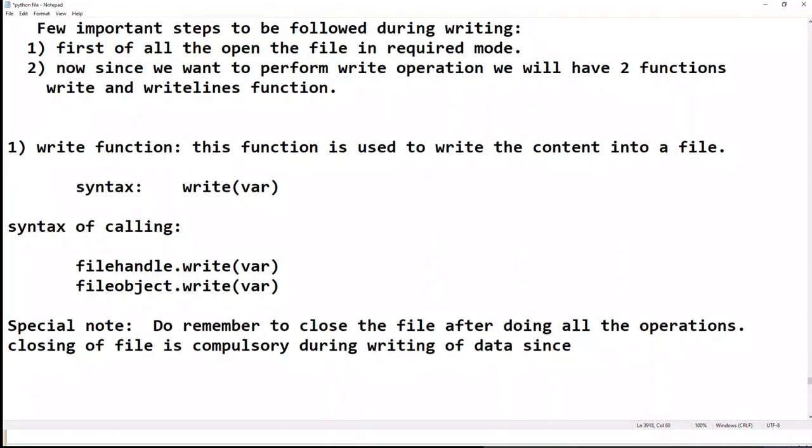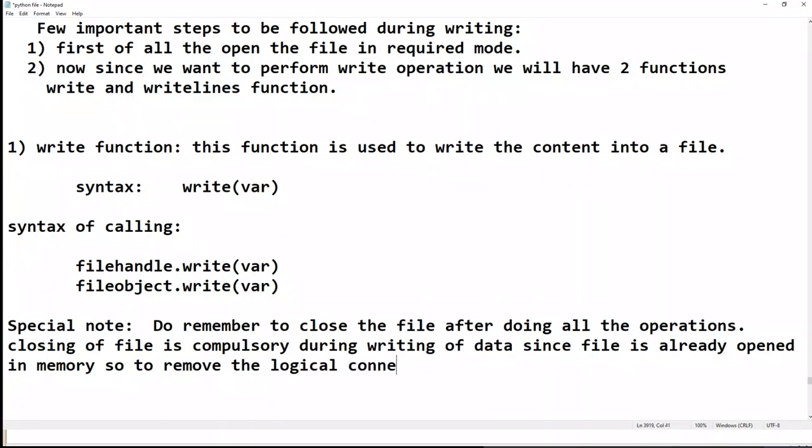Since the file is already opened in memory, to remove the link, to remove the logical connection, we need to close the file.